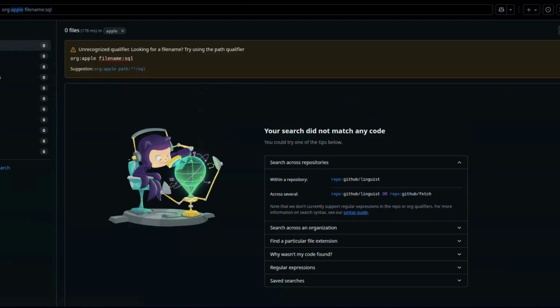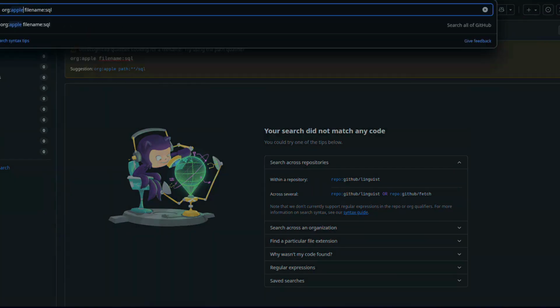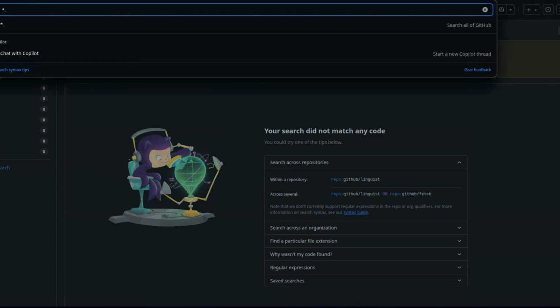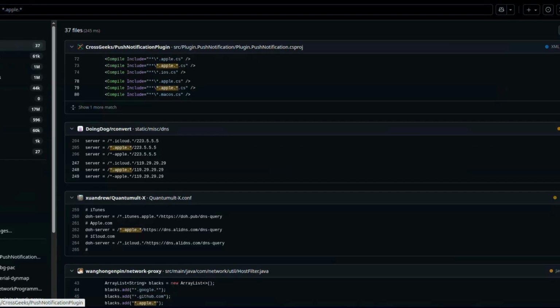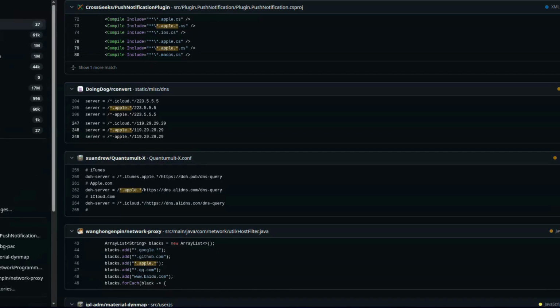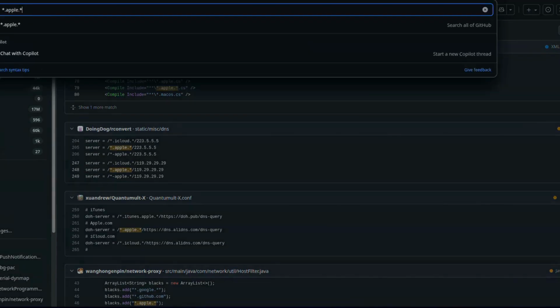You can search for language specific, or you can go for wildcard, that is star dot apple dot star. Let's search this if we found anything.